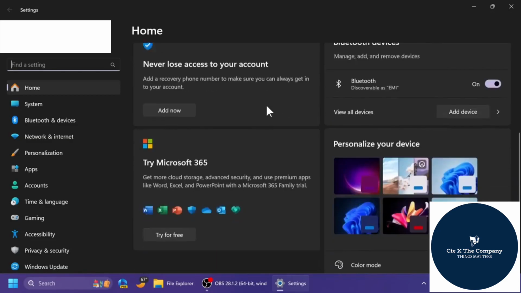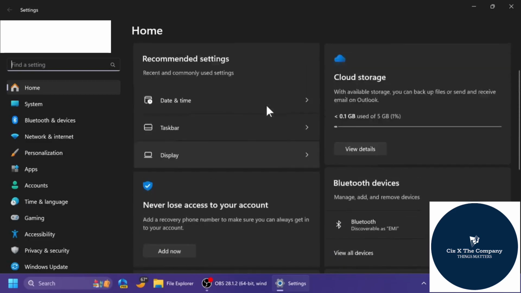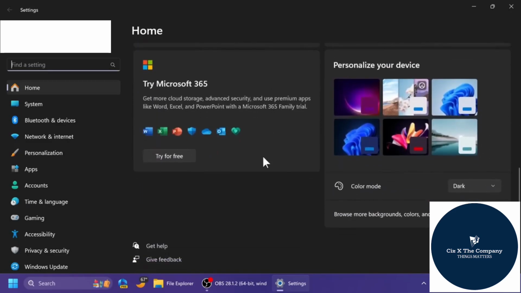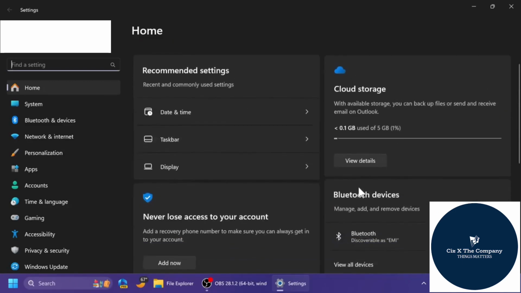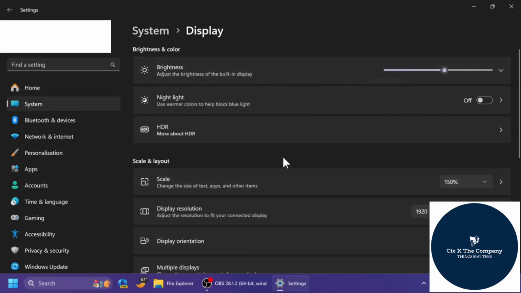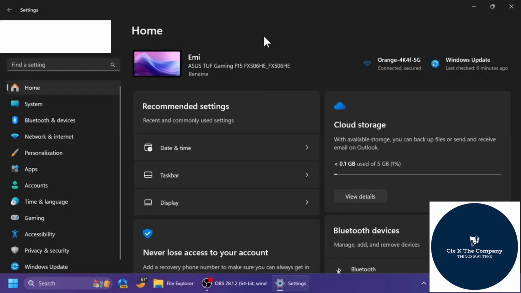And as you can see here, first of all, we have a completely new homepage for settings with cards that have rounded corners. Basically, these cards inside the settings app contain the most used and recommended settings. We have here, first of all, recommended settings. We have information about cloud storage. We have an option to add certain recovery options to our Microsoft account, Bluetooth devices, Microsoft 365 subscription management, and